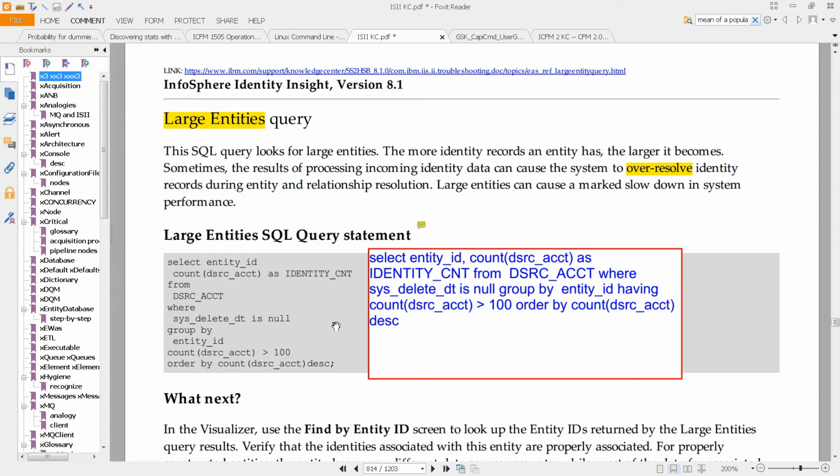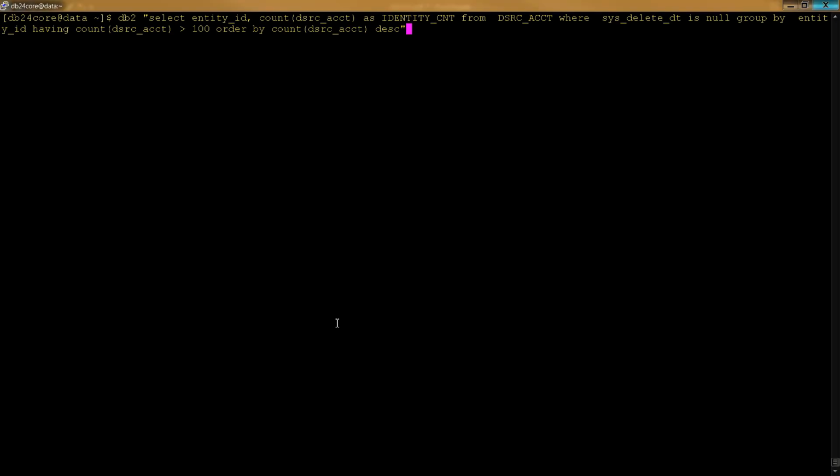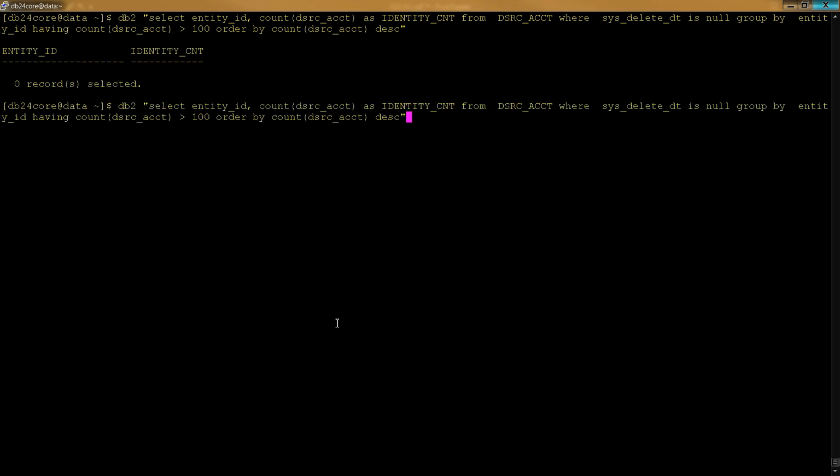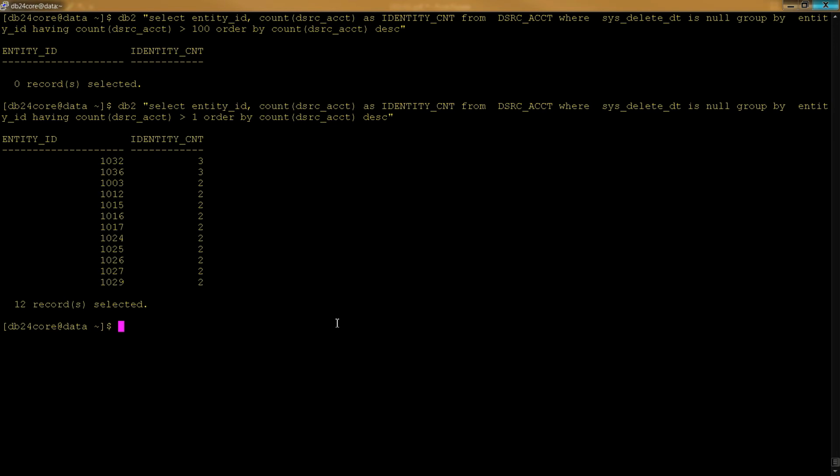And why don't we run that now? So I've logged into the data server. I'm going to do a db2, and I just copied and pasted that command in. And then we can see that in the sample amount of data that I have, none of our records exceed 100. And actually, I believe there may be one or two that have more than one, and sure enough, there are. Now, what you're looking at here is entity ID